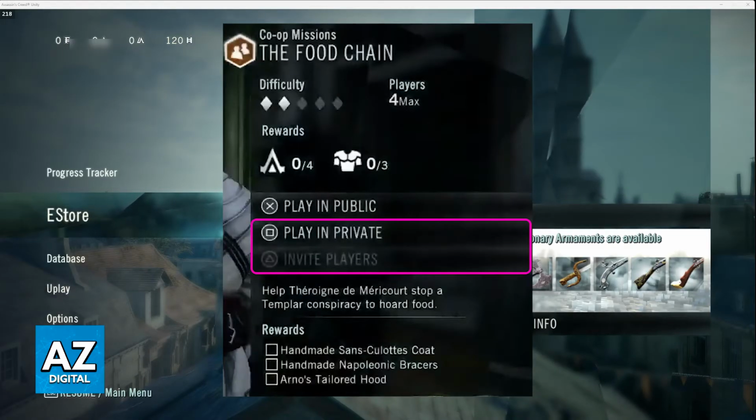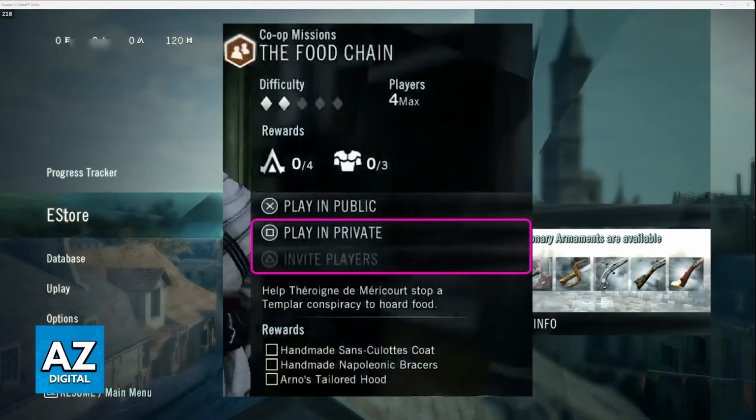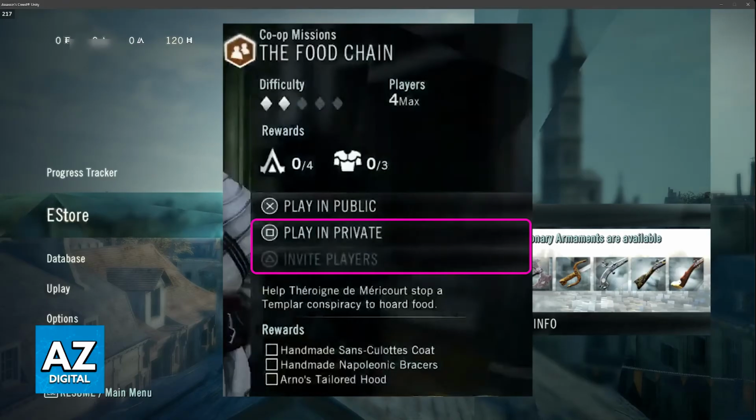Now, after you choose Play Together, you will have the options to invite players to the actual lobby or party that you have, and once they accept the invite, you all will be matched up together. So this is all you have to do, and if you encounter any problems while trying to do this, I recommend that you visit the Ubisoft website.